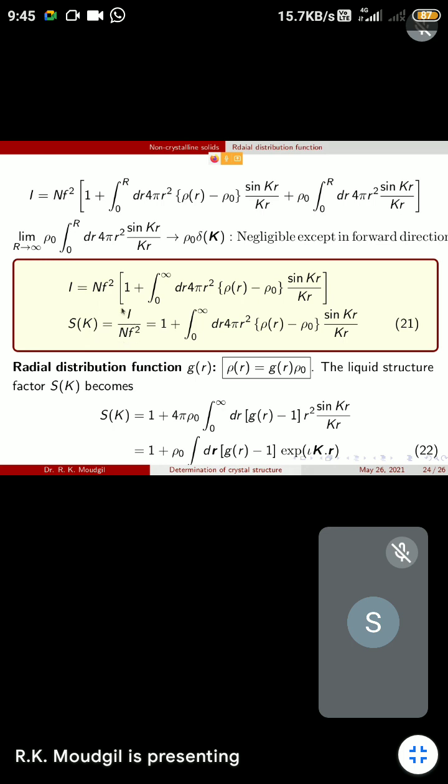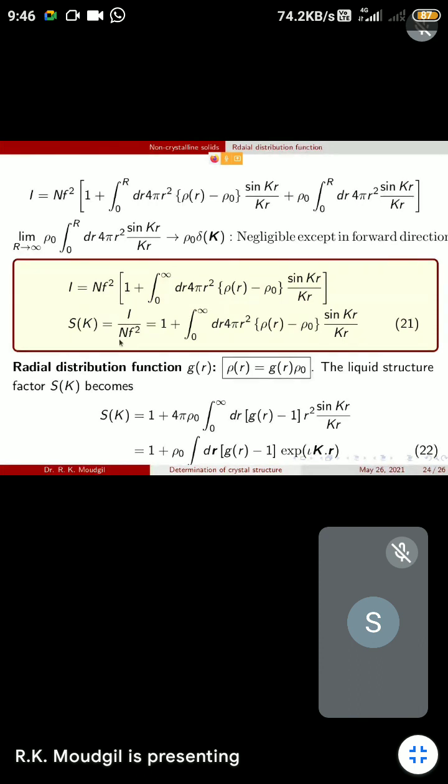NF square is just a constant. So we call scattered X-ray intensity divided by NF square the structure factor of the amorphous or the